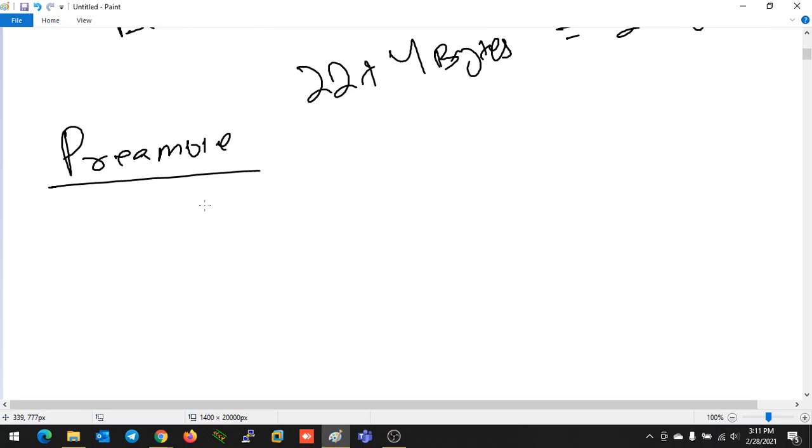If we discuss the preamble, the preamble is nothing but what Ethernet attaches here. It will be just some kind of information like 10, 10, 10, like that. So a total of 7 bytes of information. 7 bytes of information means 7 into 8 bits.